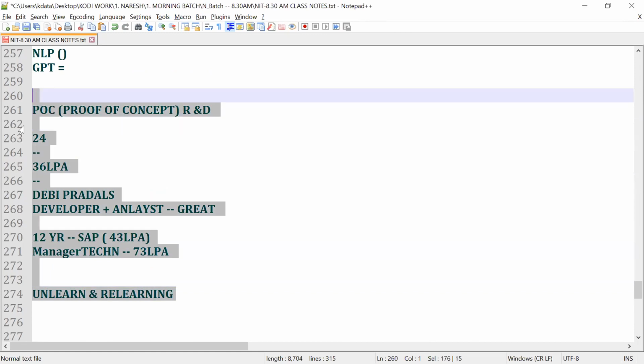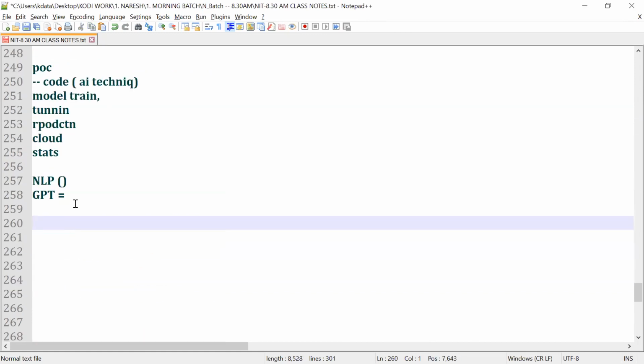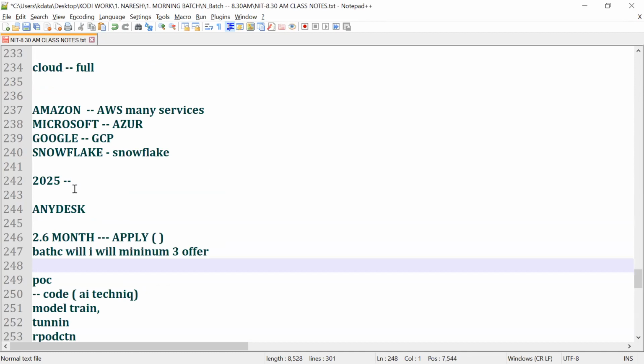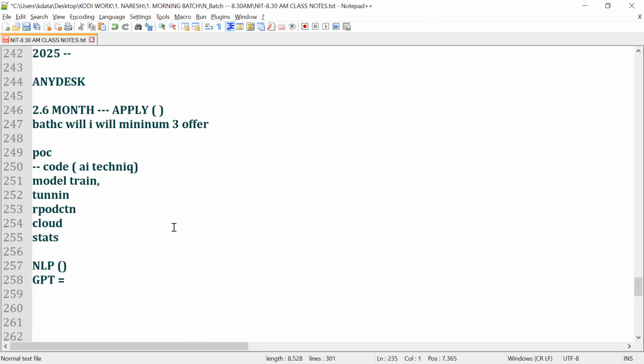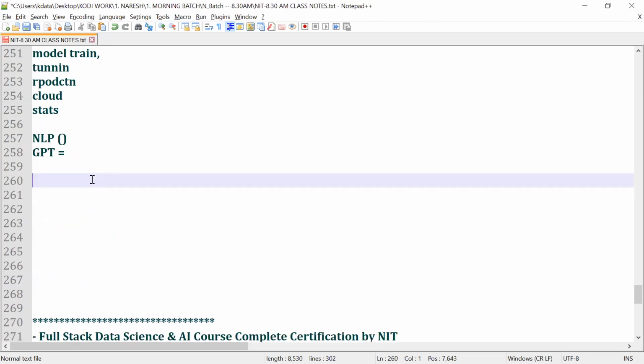Sir, actually, my problem is that I am a 45-year-old guy, and I am a network support engineer. I have worked as a network support engineer for the last 12 years. But my salary package is very low. So I want to switch.